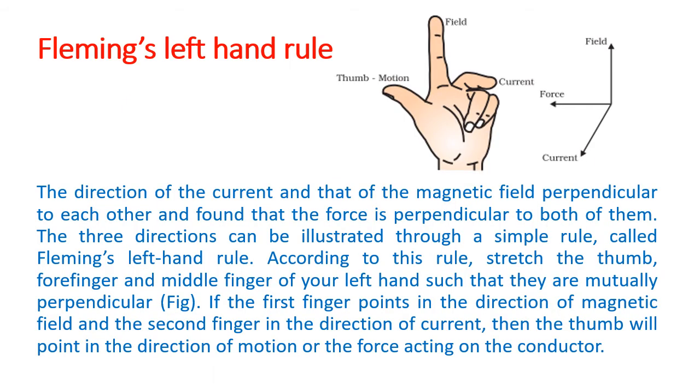But before we go to that, let us remember how to find the direction of motion. So we have Fleming's left hand rule. What is Fleming's left hand rule? This is a left hand. Now place your thumb, your index finger and the middle finger in such a way that they are all perpendicular to each other. So you have to learn how to place it. You have to place the fingers in such a way that they are 90 degrees to each other. So you can put your index finger north to south or south to north.